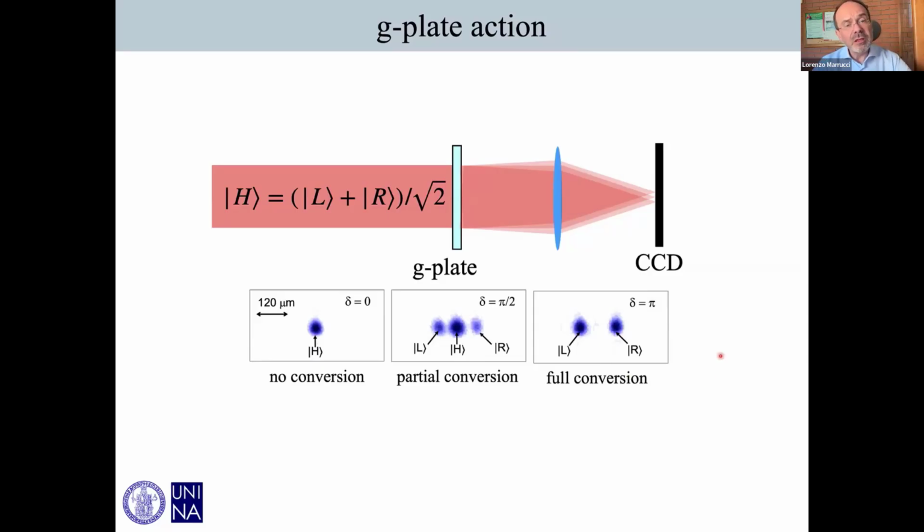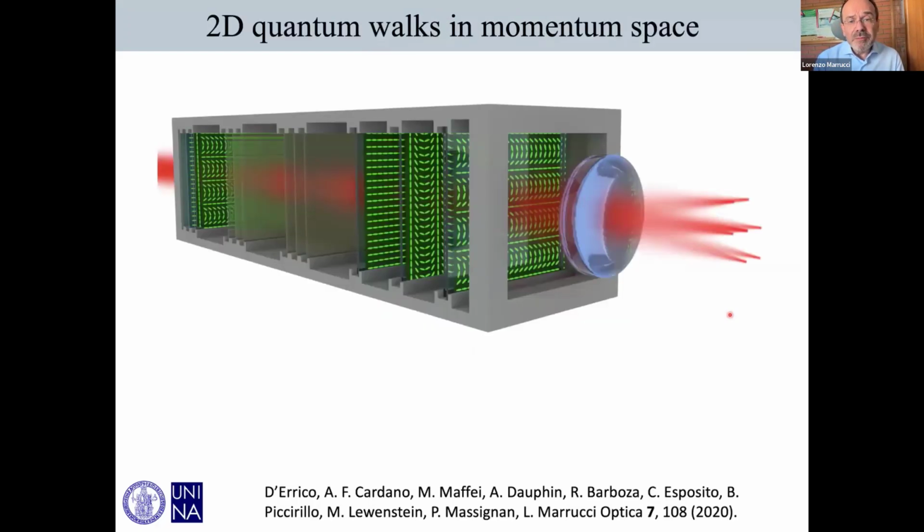You can see this in different ways. You can see it as a standard diffraction from a polarization diffraction grating. You can also see it as the effect of a geometrical phase due to this rotation of the optic axis transverse to the plate. And in this latter case, it's similar to the explanation that you usually have for Q plates. Now, starting from this concept and setting many of these G plate elements in sequence, you can have a